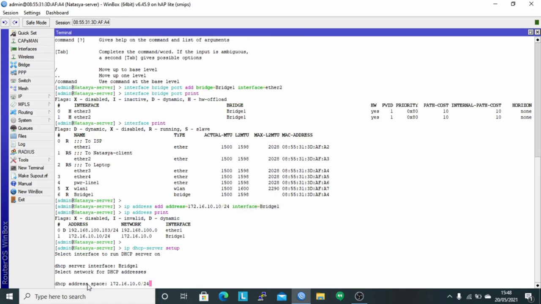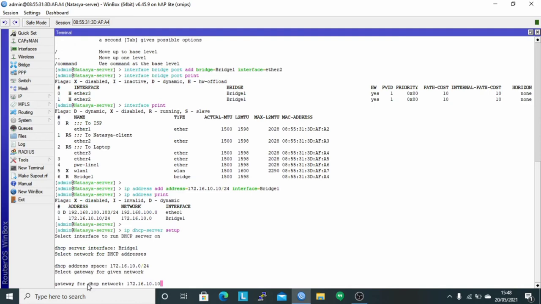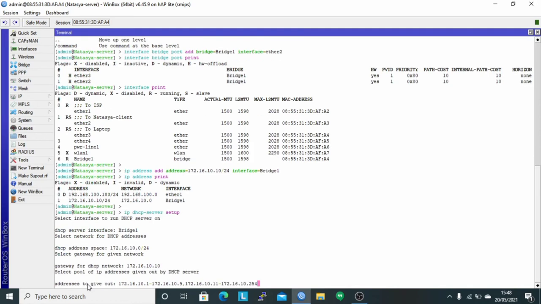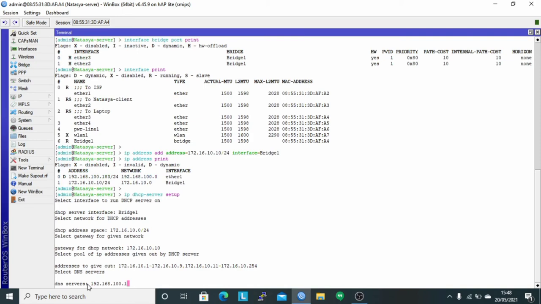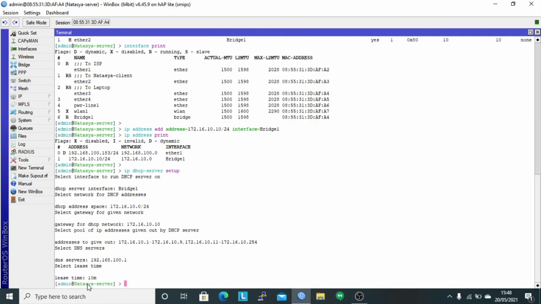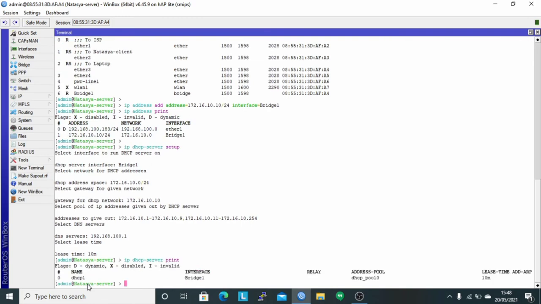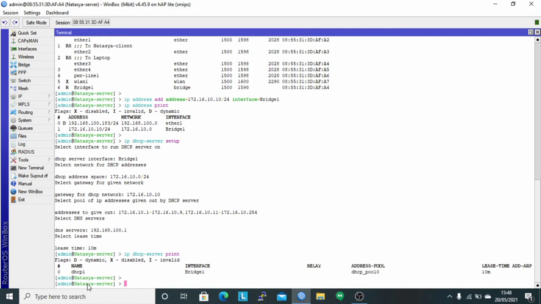For the DHCP address space here, I use the default, namely 172.16.10.0/24, and the gateway using the default, and the addresses to give out to the client, here I use the default, and the DNS server, I use the default, and lease time, I use the default. And check with the command IP DHCP server print. It can be seen that the DHCP server with the name dhcp1 using interface bridge 1 was successfully added.